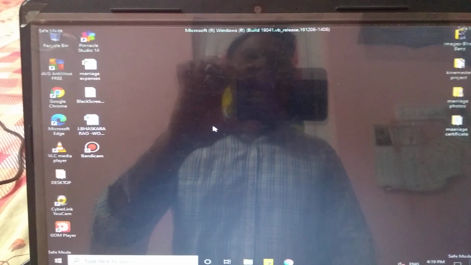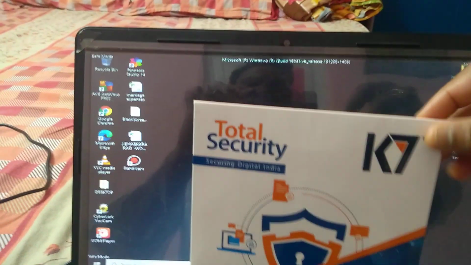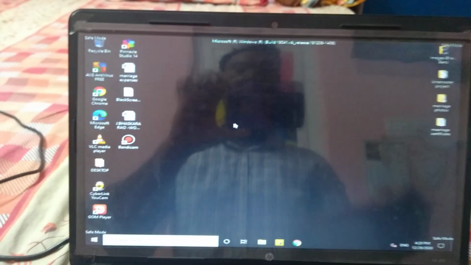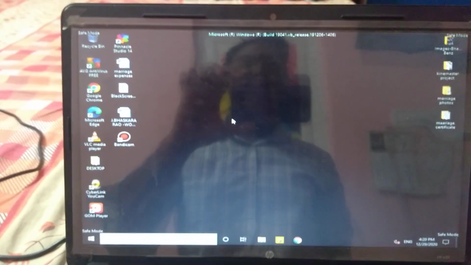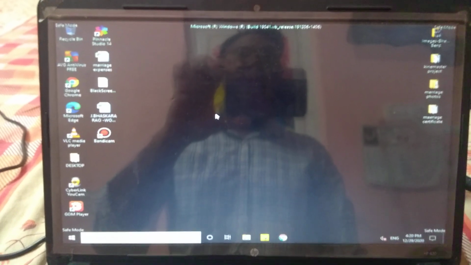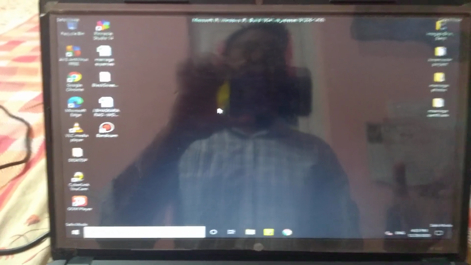Just understand a small thing. In my case, this is the antivirus that I installed, K7 Total Security. Due to a small misunderstanding, we hadn't purchased multiple licenses. I had already used it once on another device, and I inserted it in my laptop and just clicked on allow or install. Unfortunately something happened, and it gave this black screen.